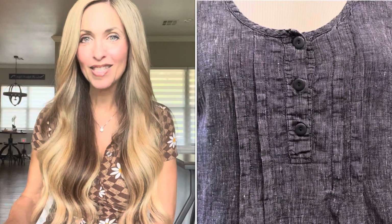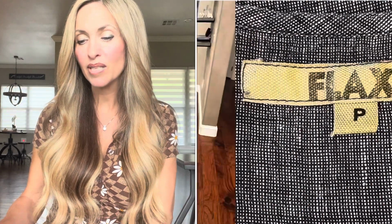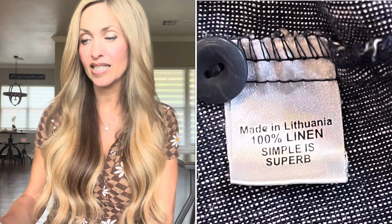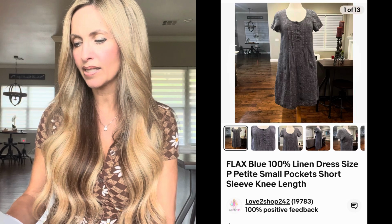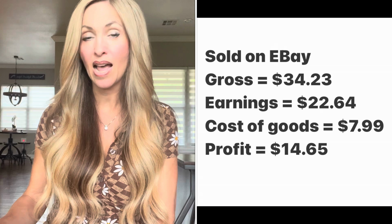Most of the things went fast and for really good money. This one I thought would sell for more, so I think I had it priced too high. So I gradually lowered it and put on accept offers, and it sold. It was the Flax blue 100% linen dress, size P, petite, small, pockets, short sleeve, knee length. It sold for $34.23. My earnings were